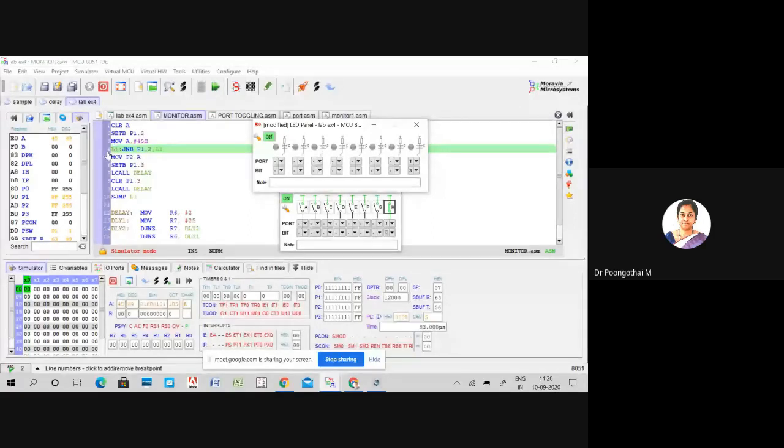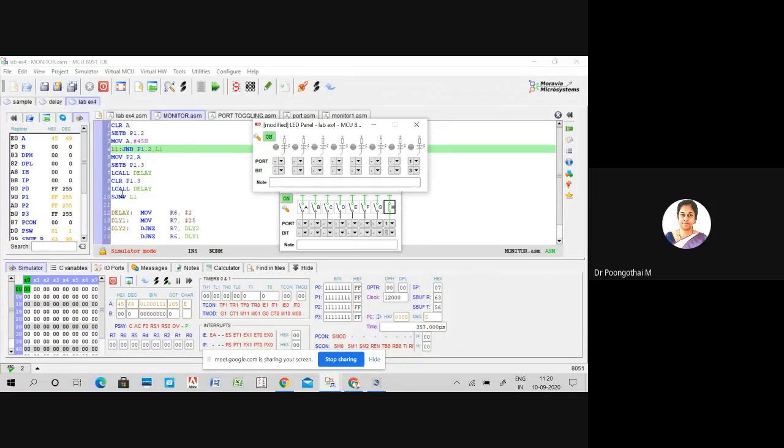It keeps on checking your P1.2. According to keypad input, your port 1.2 is closed. That is, your switch is closed. So P1.2 is equal to 0 in the lines executed. So it keeps on checking the status of P1.2.